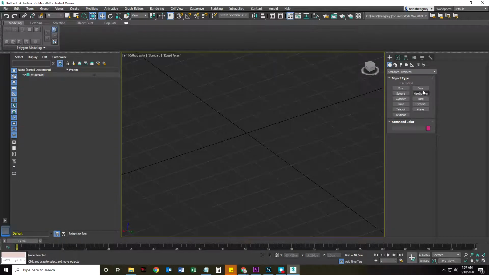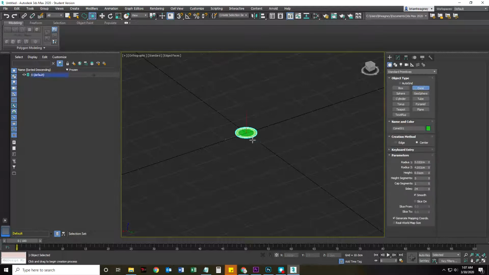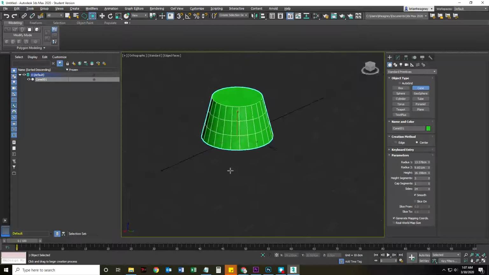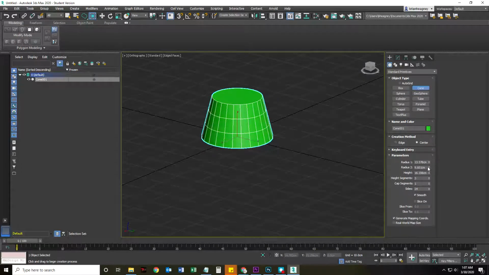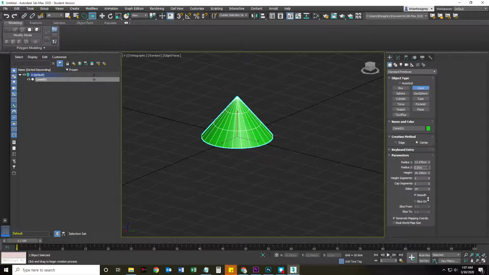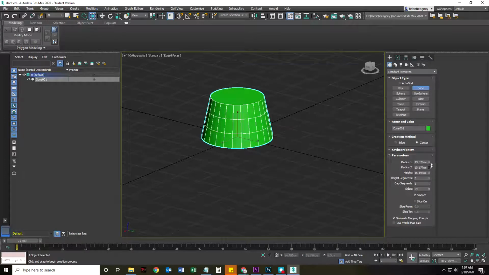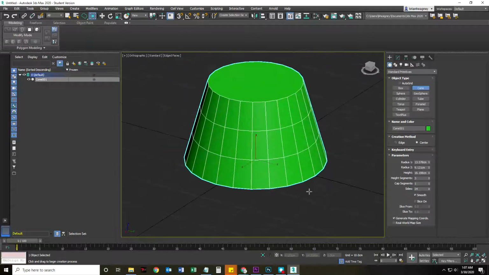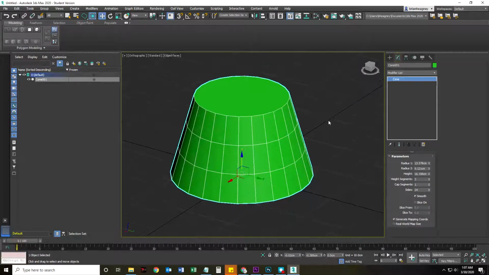So, okay, I'm going to create a cone here, and I'm going to just do this, do that, and make it a little bit smaller at the top. I'm obviously not going to make the cone with a tip at the top. I'm just going to make it a little bit like that. And when we talk about our sides, these are the things I'm thinking about. Like, is 24 sides too many? Is it enough? And those questions really rely on